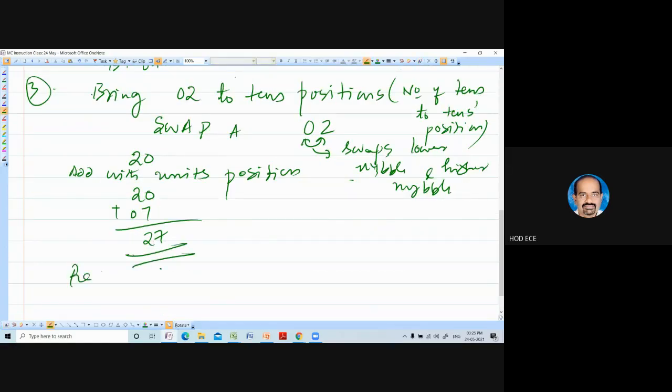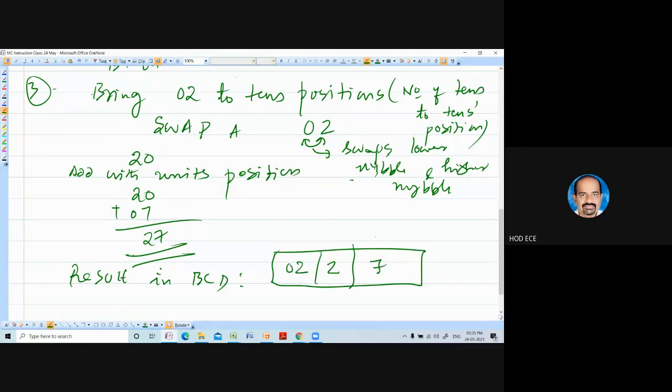The result in BCD is 027. This is the units position, this is the tens position, this is the hundreds position. So this will be in memory location 32 according to our program, and this will be in memory location 31.